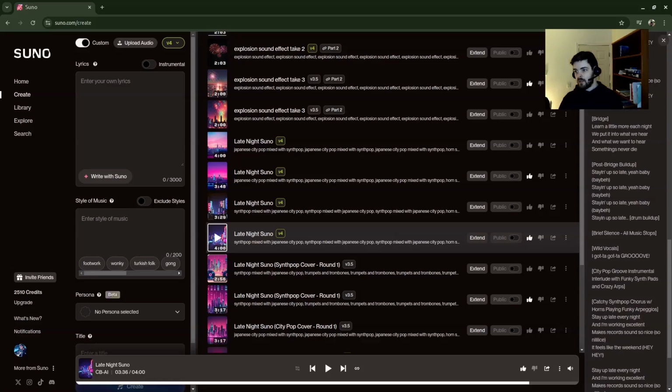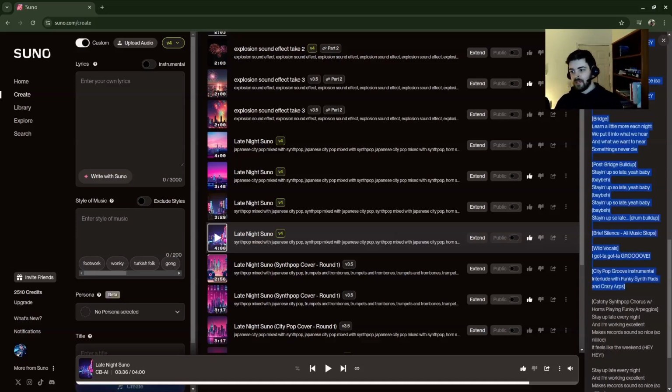Let's see. The post bridge build up area was good. It very loosely followed my thing. It didn't have an exact brief silence with all the music stopping, but it did have a build up and then a section that kind of stopped for a moment, I guess you could say. And then it had a really great "I got a groove" with a really wild, crazy voice. It sounded a little bit fake, to be honest, but sometimes that happens, so maybe I would go in and redo that.